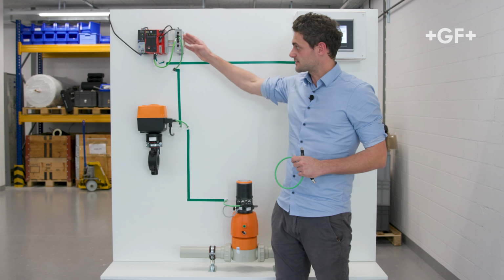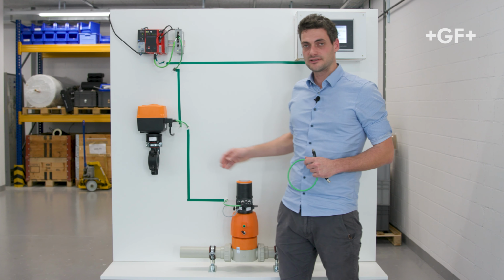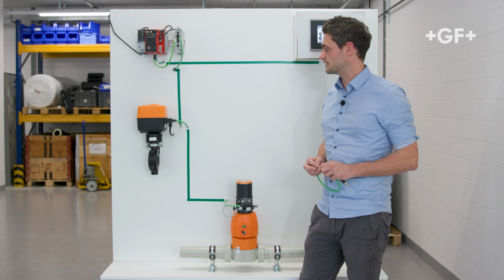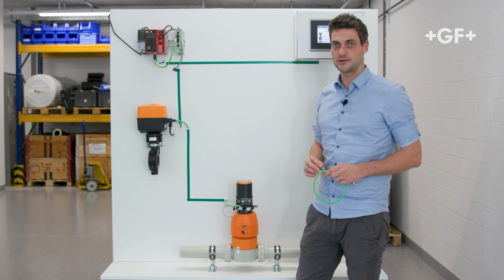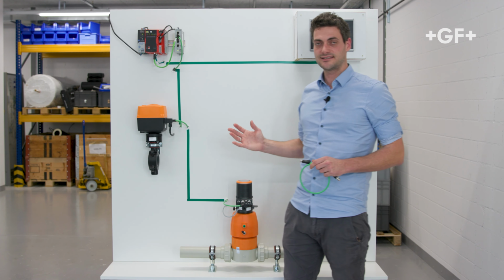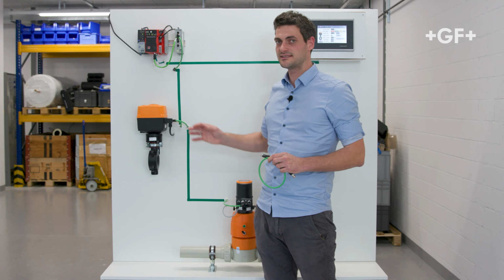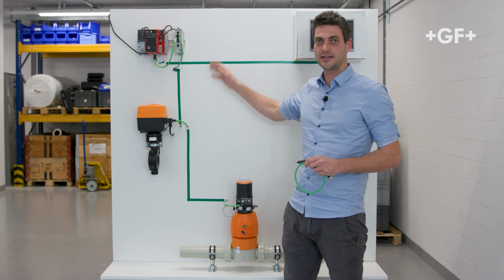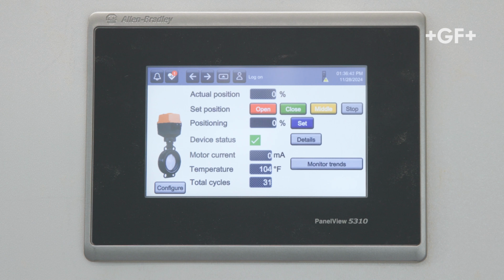The maximum cable length between all of those Ethernet components is up to 100 meters, roughly 300 feet, which fits many use cases in our kind of industries. Even if the maximum cable length is not sufficient, it's quite easy to extend the cable reach by adding additional Ethernet switches. There's a lot of additional data available with electric actuators in combination with the Ethernet technology.